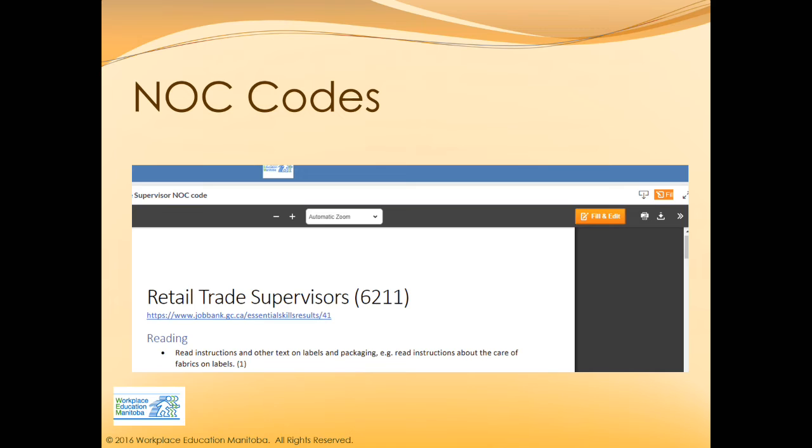Now let's see the number there, 6211. This is what's called a NOC code, National Occupation Classification. So many jobs have been done, and they are on various websites. I'm not going to give you an address or a link right now because I find they change quite often. Your best bet is to go onto the internet and do a search for NOC code lookup, NOC code essential skills, something like that, and you will find a site where you can enter in the jobs that the people that work for you or your own job and